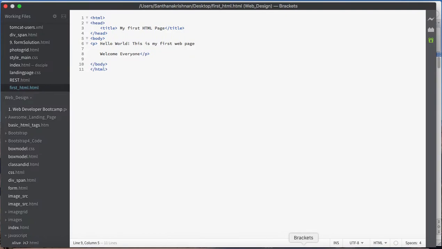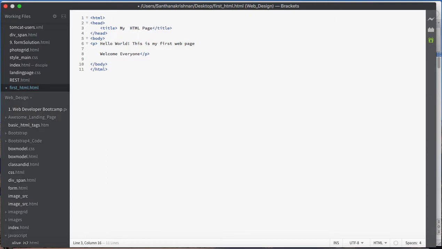I will be using my editor, Brackets. Here the entire web page is given, including the HTML root element followed by the header section. I have the title as my first HTML page, I think we have previously seen this example.